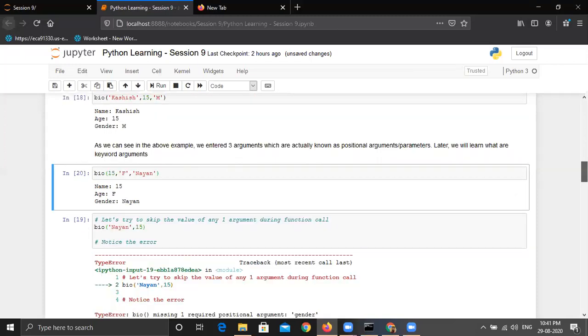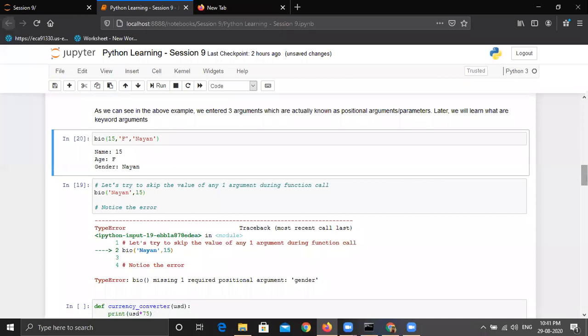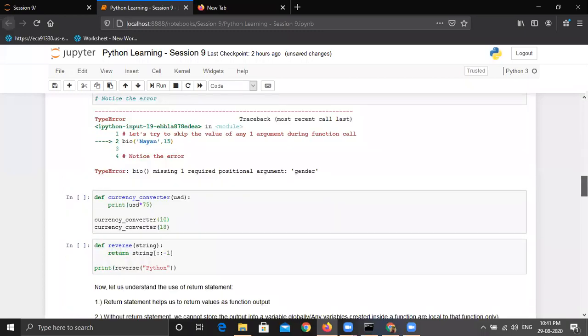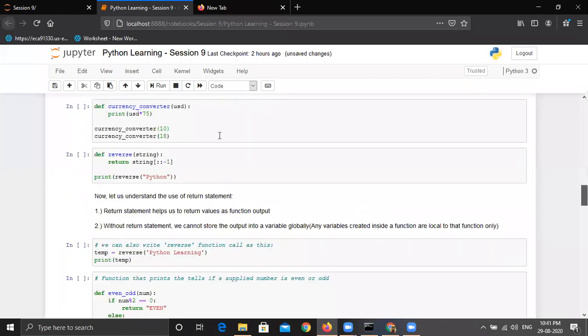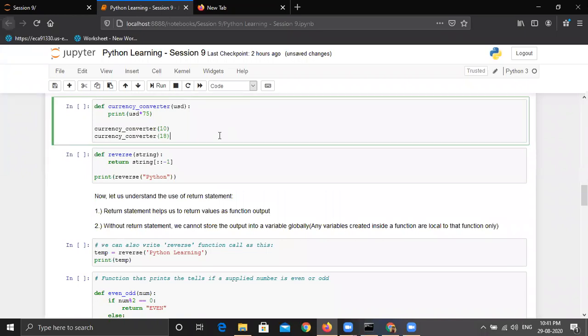Now moving further. Okay, I was on this example, currency converter. So there is no function which can convert my currency. So this is a very basic example that I am taking to convert currency.